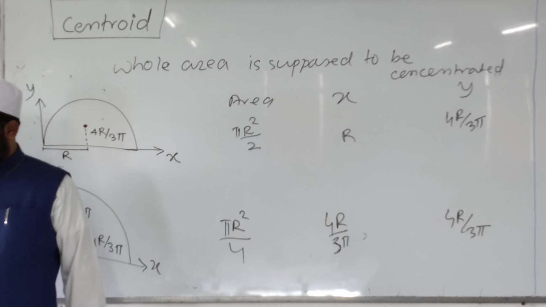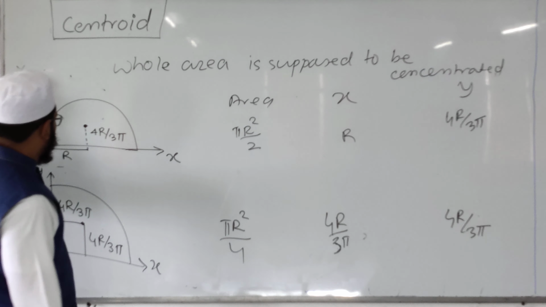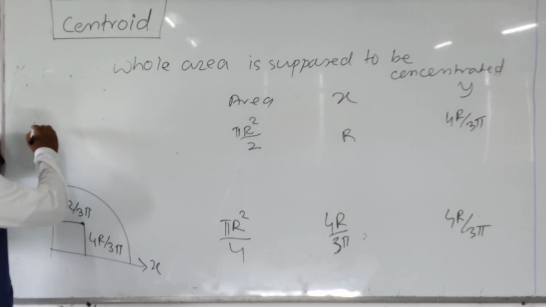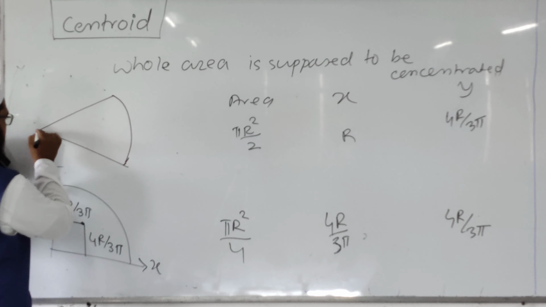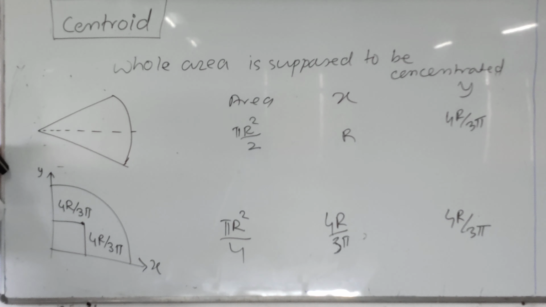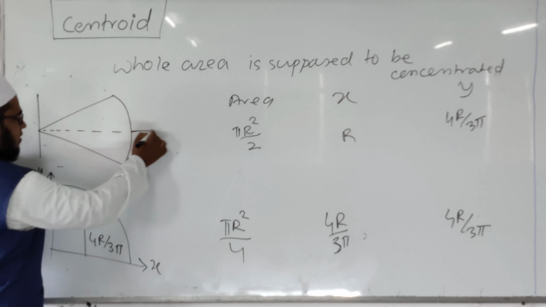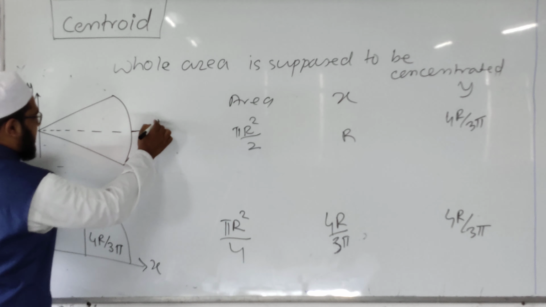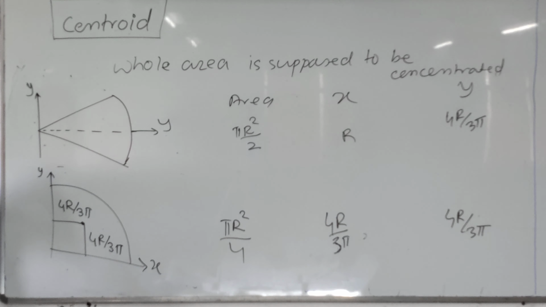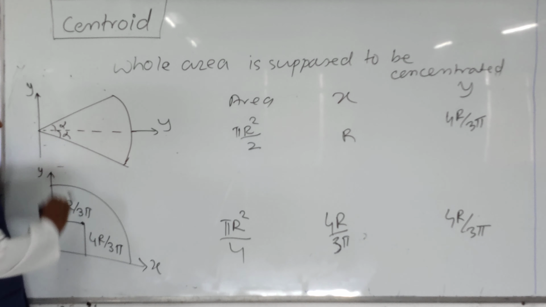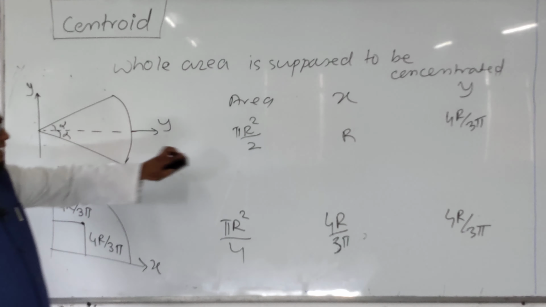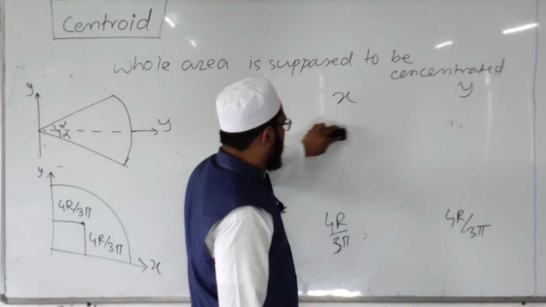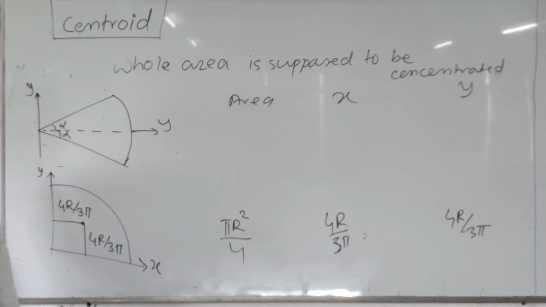Semicircle, quarter circle, then there is the sector of the circle. If the sector is lying like this, with x axis and y axis having the included angle alpha, and the radius of the sector as r, then the area of the sector is r square alpha,